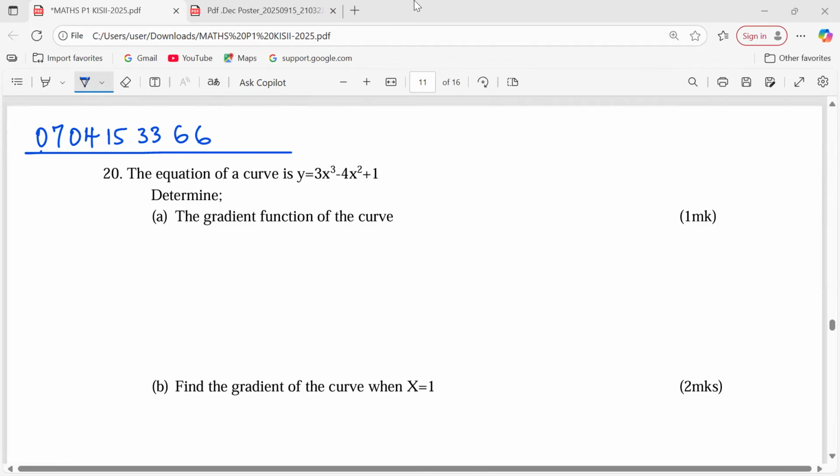Differentiation, number 20. The equation of a curve is y equals 3x^3 minus 4x^2 plus 1. Determine part A, the gradient function of the curve. We're supposed to know that a gradient function of a curve is the derivative of a given function, actually the first derivative. So we have to differentiate y with respect to x for us to get the gradient